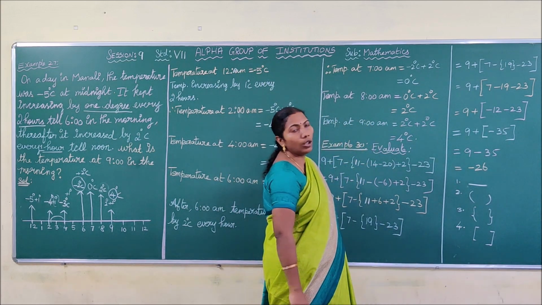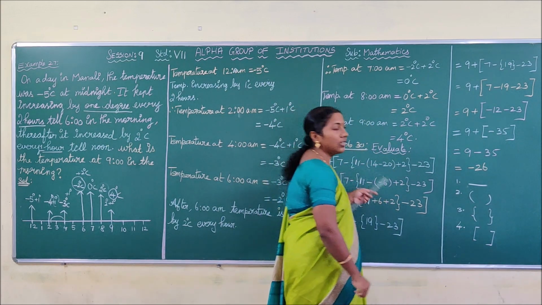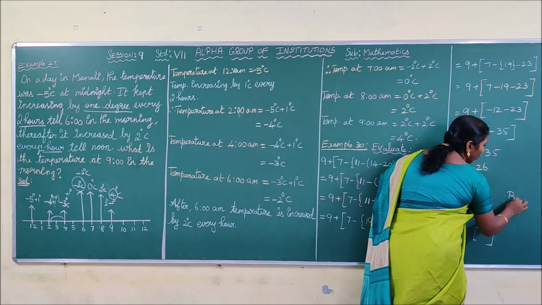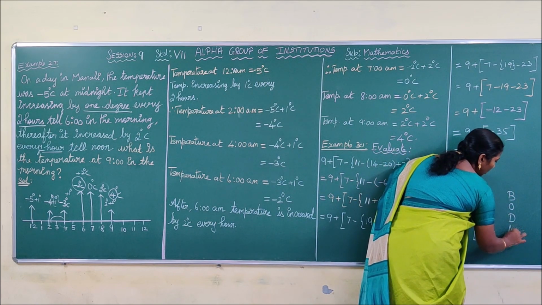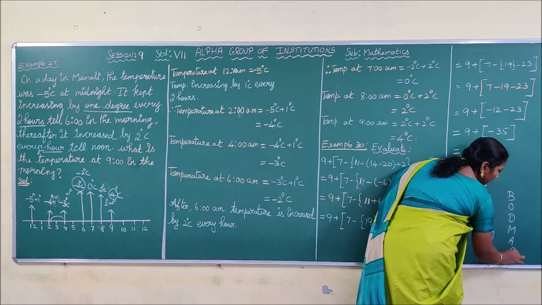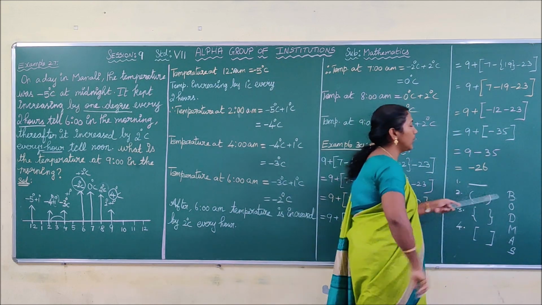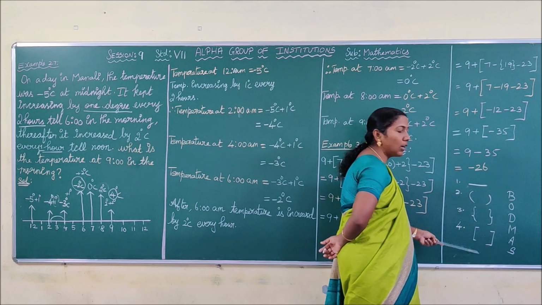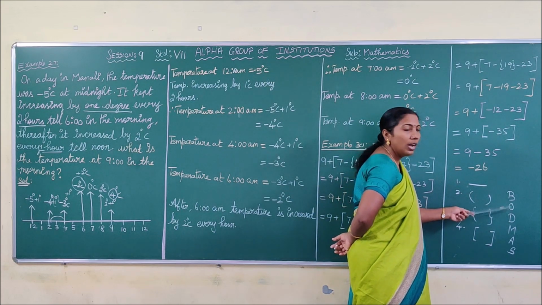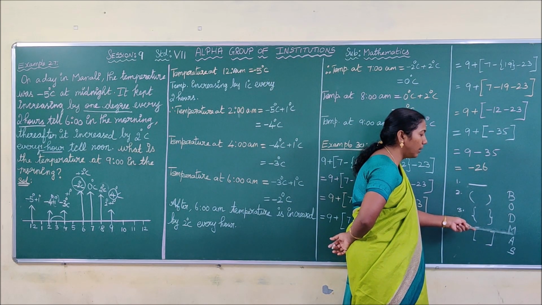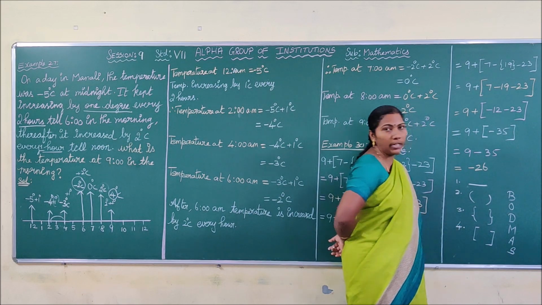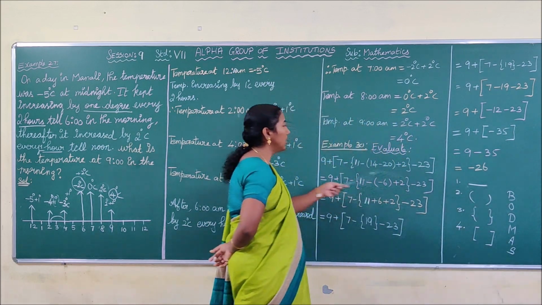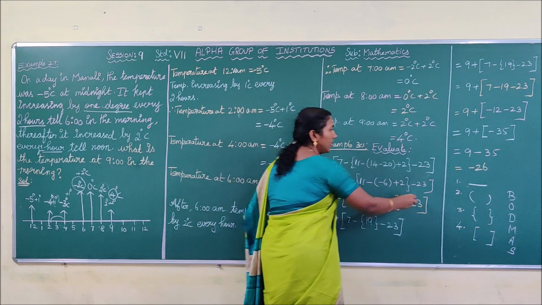And what is the rule for operating this operation? That is the BODMAS rule. You have already studied this rule in the 6th standard. What is the BODMAS rule? First you have to evaluate the brackets, and the brackets should be operated in this order only, and then of, and then division, and then multiplication, and then addition, and then subtraction. Is it clear, children? Now see the question. We have to evaluate this.